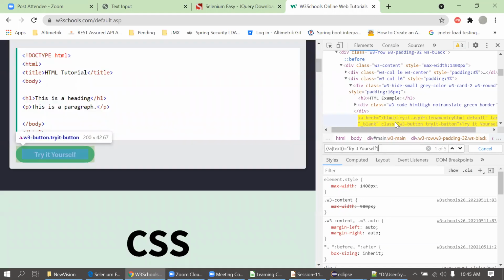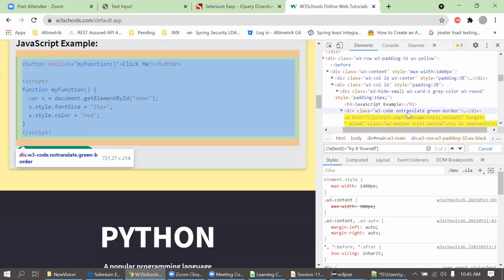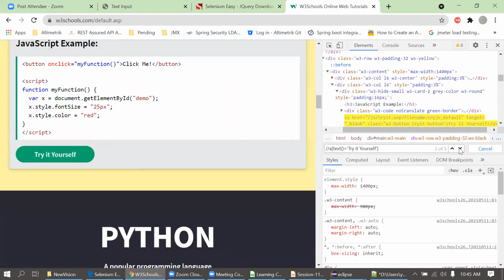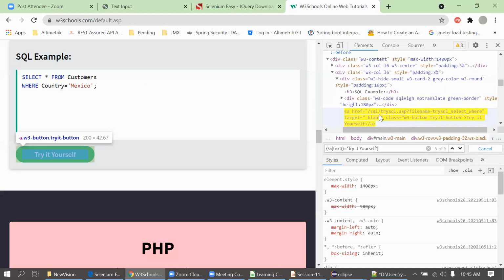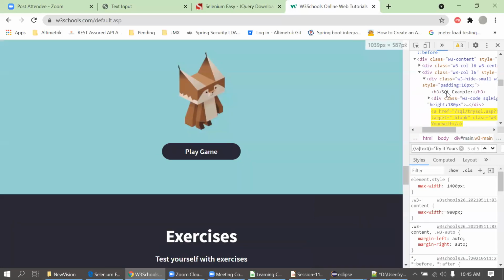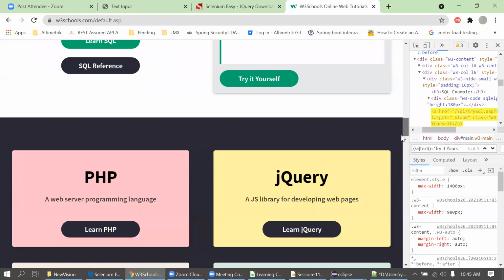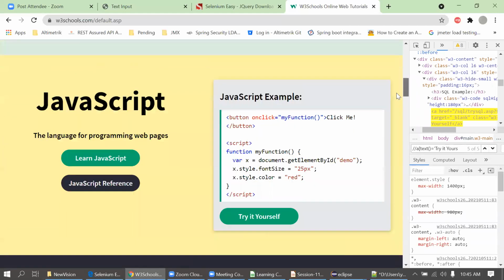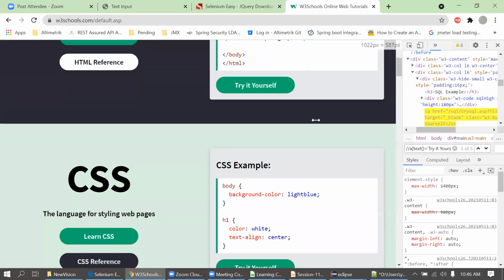For the first only I'm getting the right button in the DOM. Okay, I will just take the very second. Okay, there is a second as well. There is a third as well. Okay, there are I think 5 buttons on the UI. This is a 4. This is a 5. I'm just minimizing this window. I think there are 5 buttons on the UI. Yes, there are 5 buttons. That's why I'm getting 1 of 5, right? Yep, that's right then.